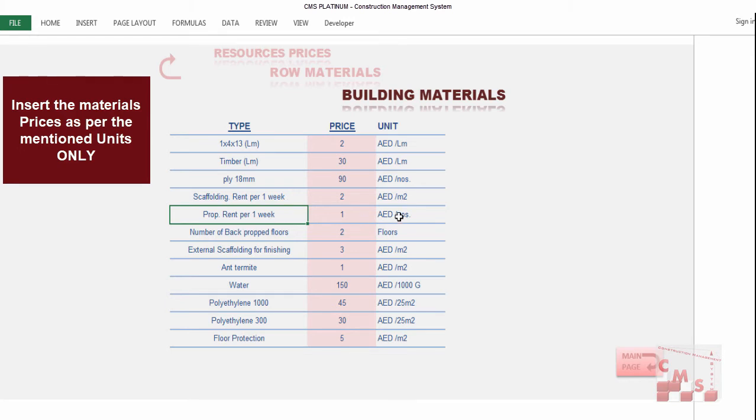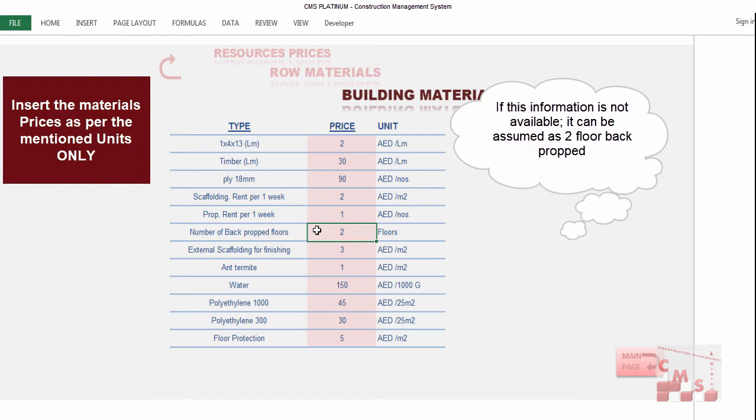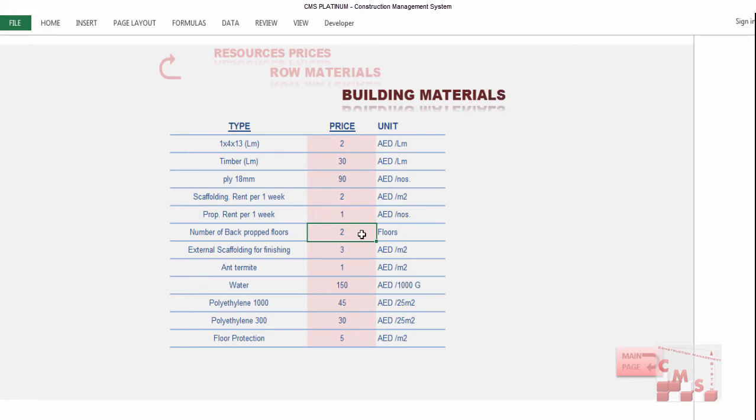You will put here also the price per nose renting in 1 week. Here you will add also the number of back propping slabs or back propping floors after removing the shutters. You will back prop how many slabs, 1 slab or 2 slabs or 3 slabs. This is according to your back propping design. You can consider here now the 2 floors as default and it can be changed later during your execution. But if you consider 2 floors, it will be more than enough during your cost estimation before you start your